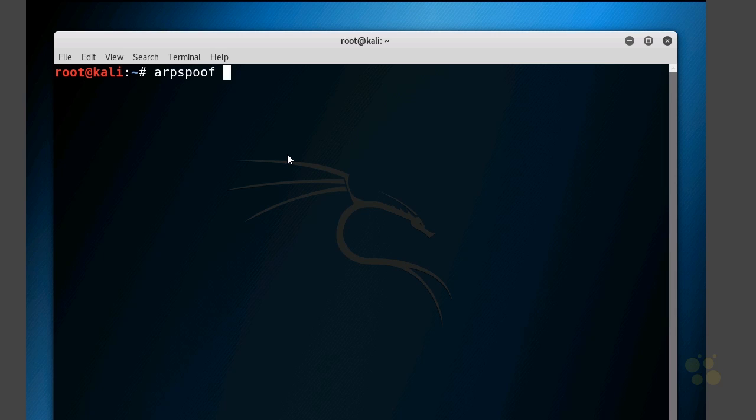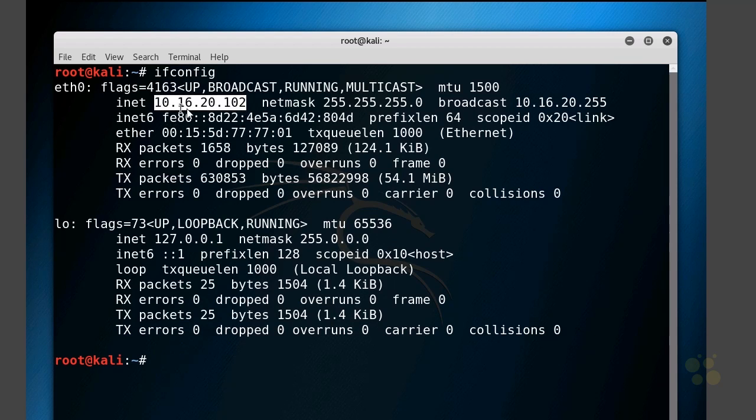And then we'll just put in the IP address of the default gateway, which is, let me take a look, ifconfig. So this computer's on the 10.16.20 network. The default gateway is at .1, so we can type in ARP spoof space and then the IP address of the default gateway, which is